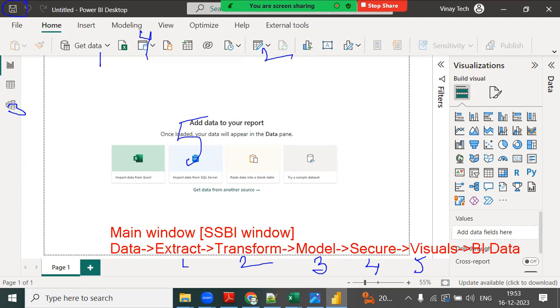And on top, this is the quick save option. This is the title of the report. And this is the account. Already I connected with an account. And this is minimize, maximize, and close. Regular options. And this is